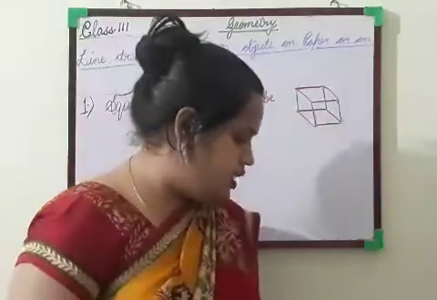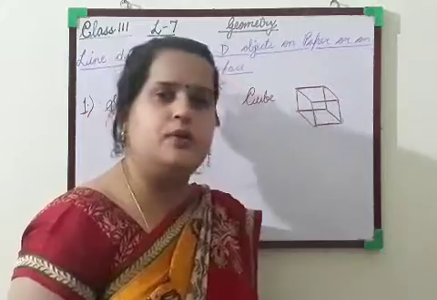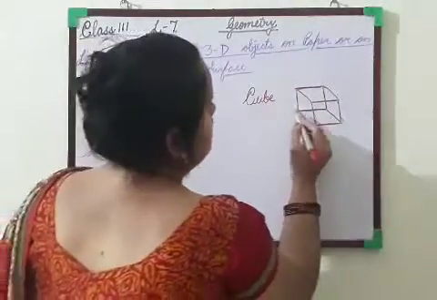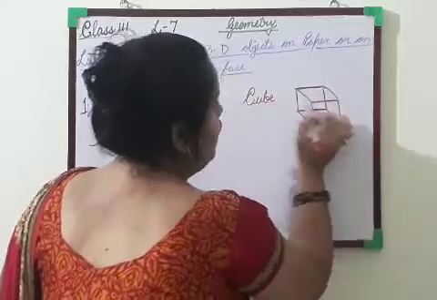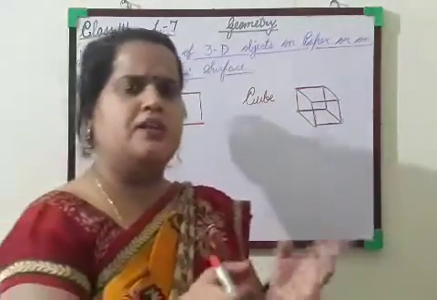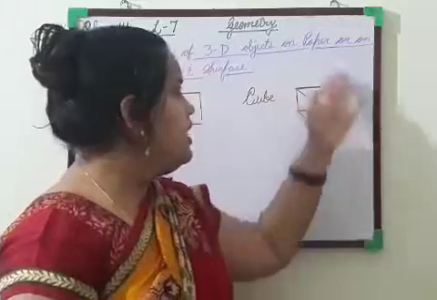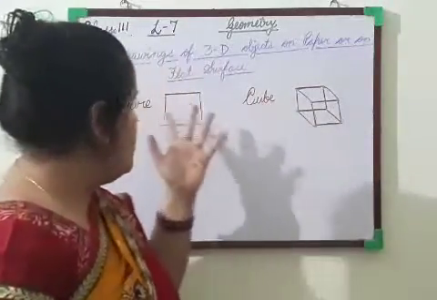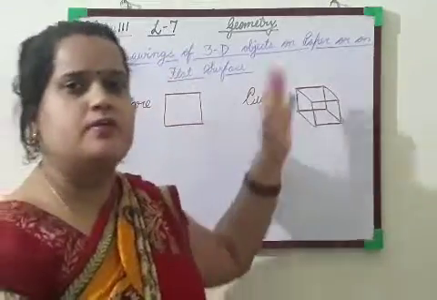Means a cube has 6 square faces and 12 edges. We can say that it is having 6 square faces. The top one, this down one, and this top one. All these are squares which are being fitted in different shapes. But cube is made from square only. We have got this cube, this square. When we are given it a height, it becomes a cube.